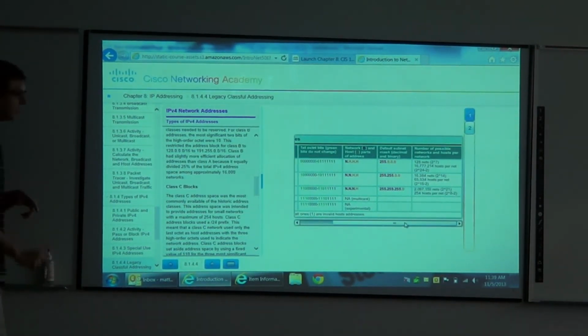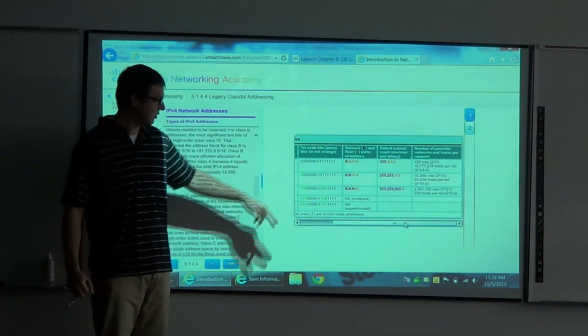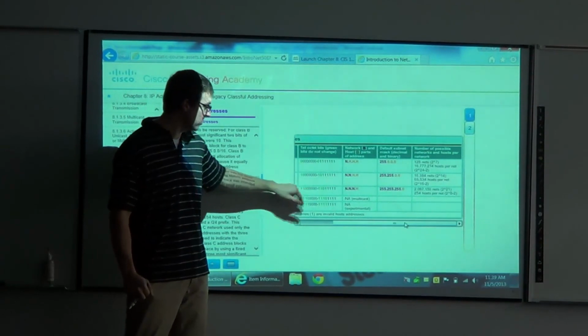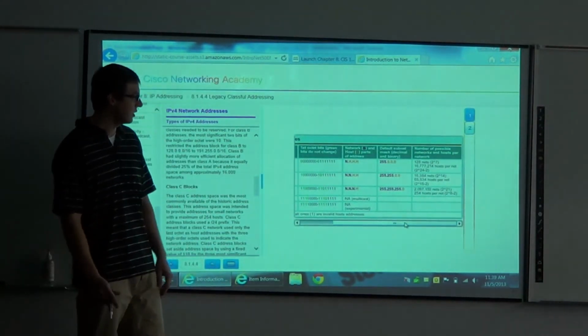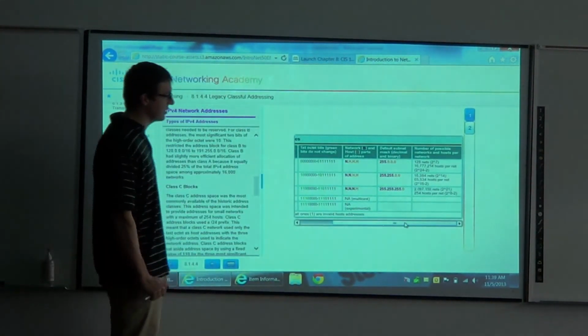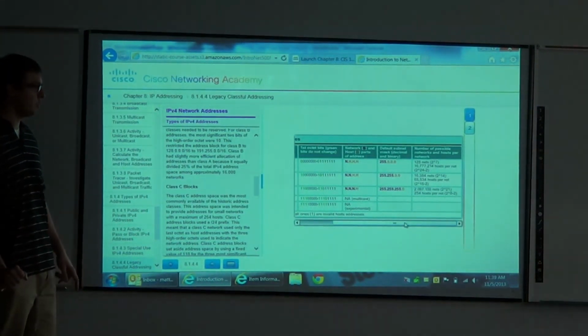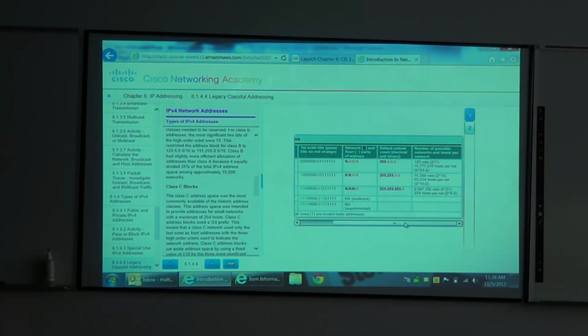Class C, first 3 bits were 110. So the range for that is 110 with all zeros, which is 192. 110 with all ones, which is 223. Subnet mask 255.255.255.0. With this, 2,097,150 networks available, but each network can only have 254 computers. So probably not quite as many addresses for computers as you needed. So again, what they decided to go towards is the CIDR and the classless